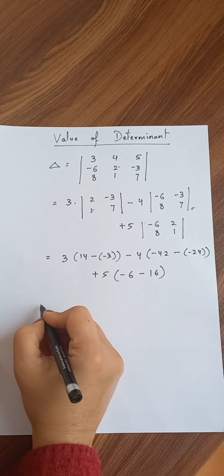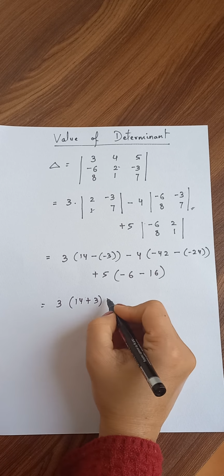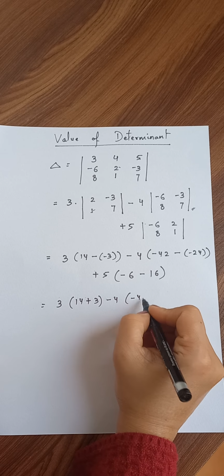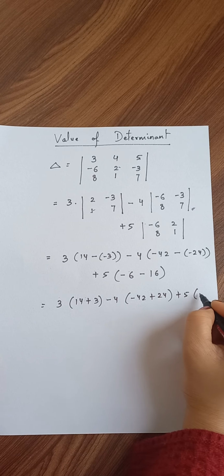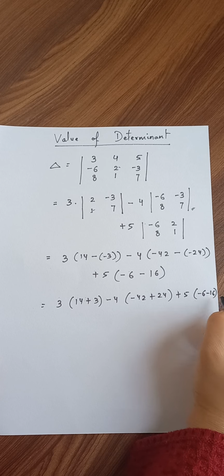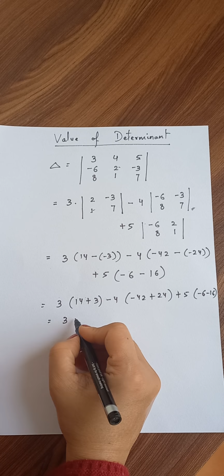Now we solve it ahead: 14 plus 3, then minus 4, minus 42 plus 24, then plus sign, and minus 6 minus 16. If you take the algebraic sum of it,